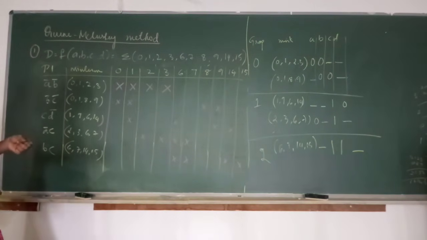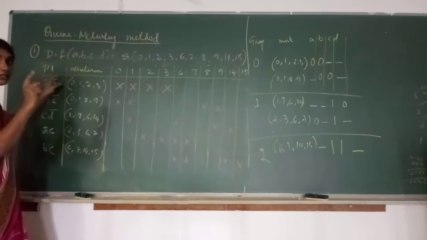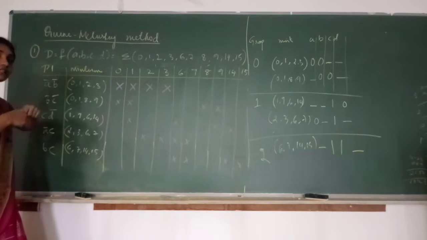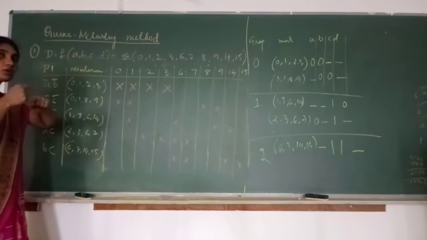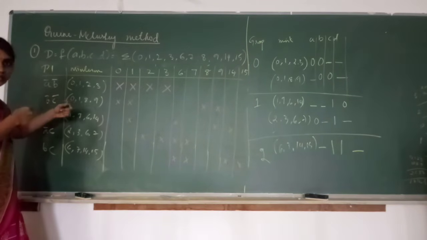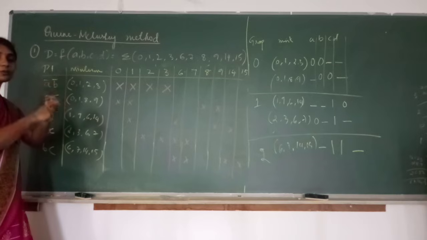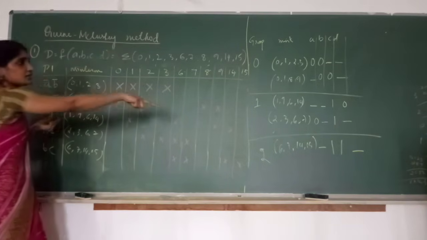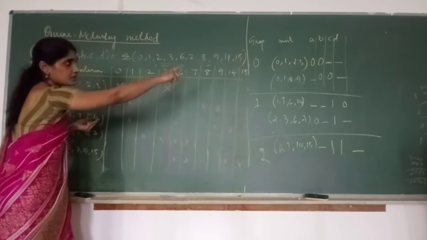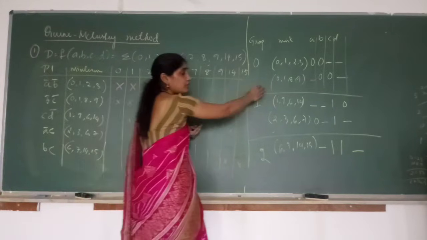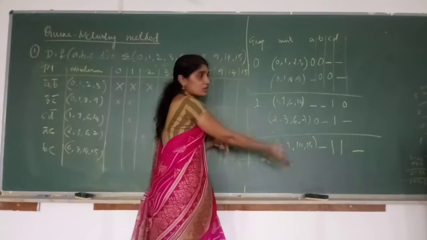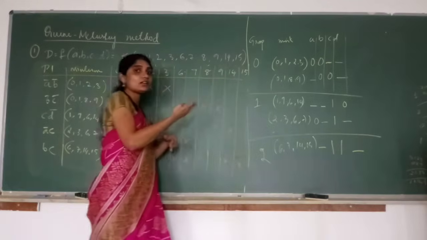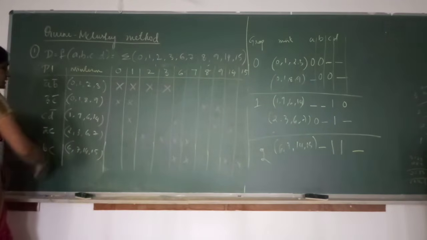If in the second table 2 is unchecked, if you have not covered 2, you have to write 2. Similarly, in the next table, if 0, 1 are not grouped, you have to write them. But for this problem, all the min terms in the second table and third table are ticked. Only in this table, none of the min terms are covered. We were not able to construct the next table. So all these are unchecked, unticked, and I have to include all of these here.